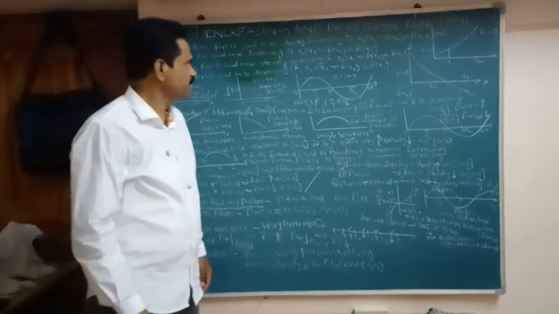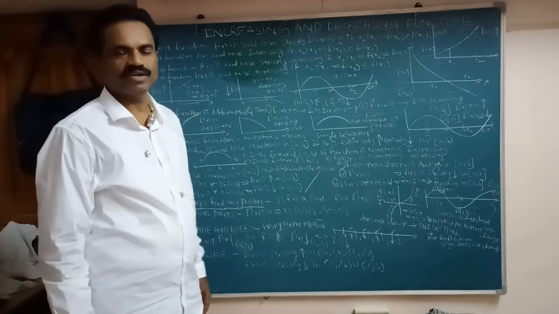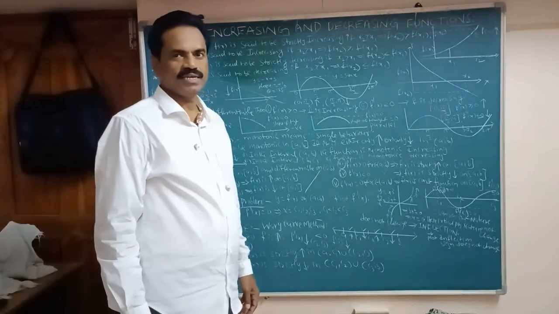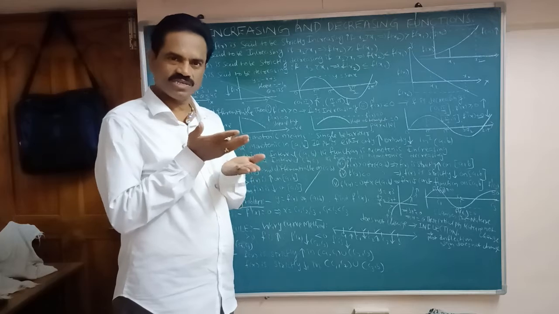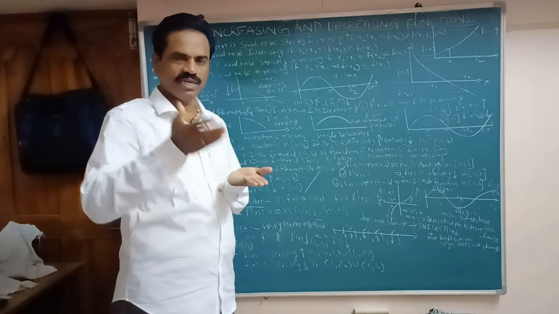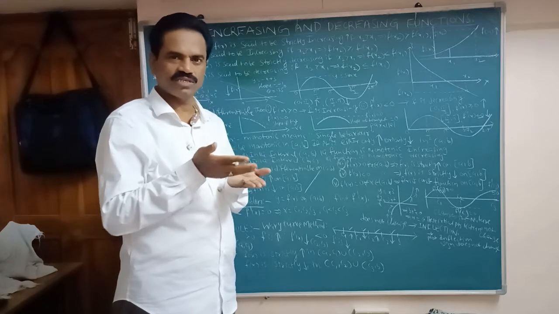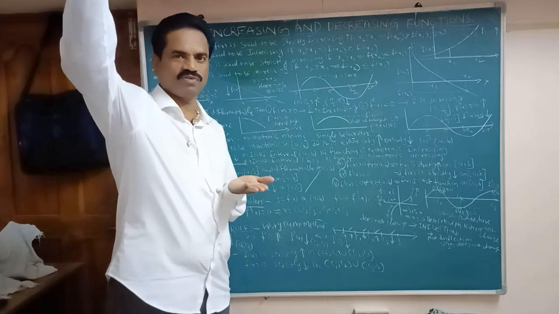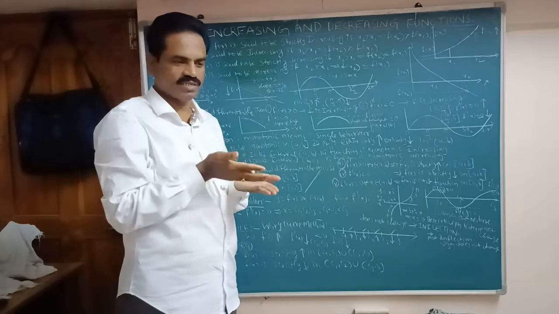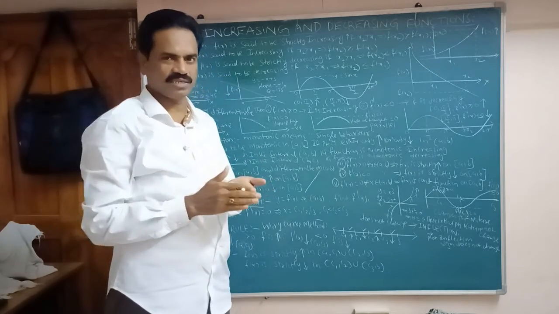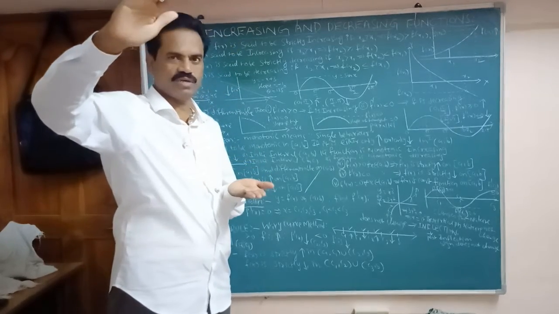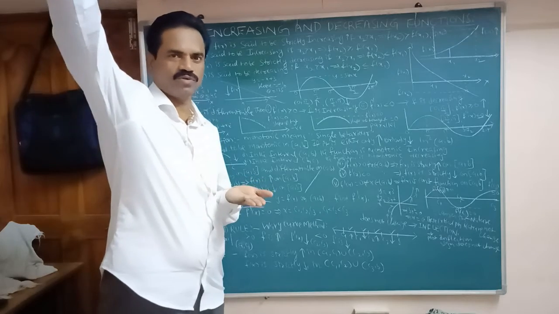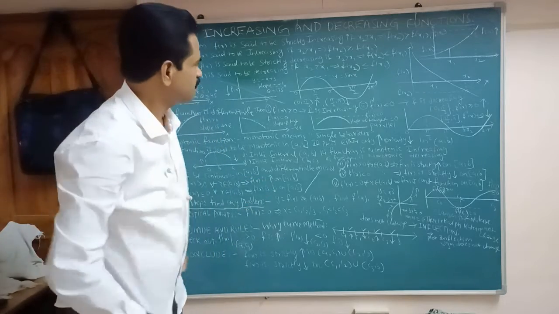A function is said to be increasing if x2 greater than x1. Here, with only the inequality, the curve is sharper. Here, equal to means it goes flat like this, and then goes up. But it is increasing. Both are increasing, just moving parallel and then going up.